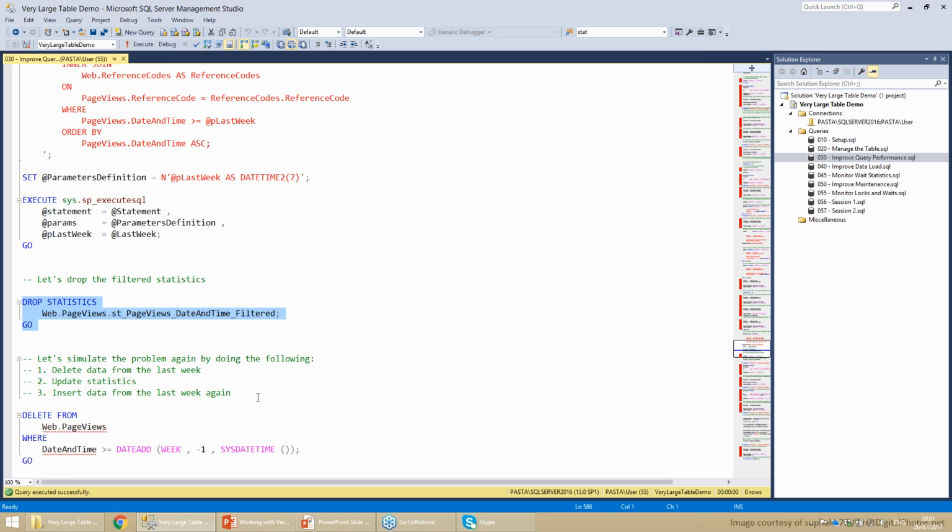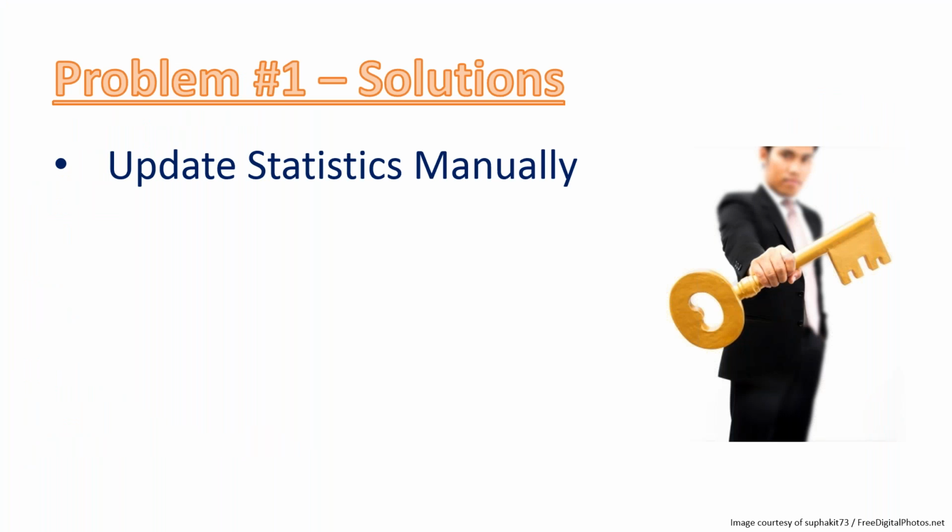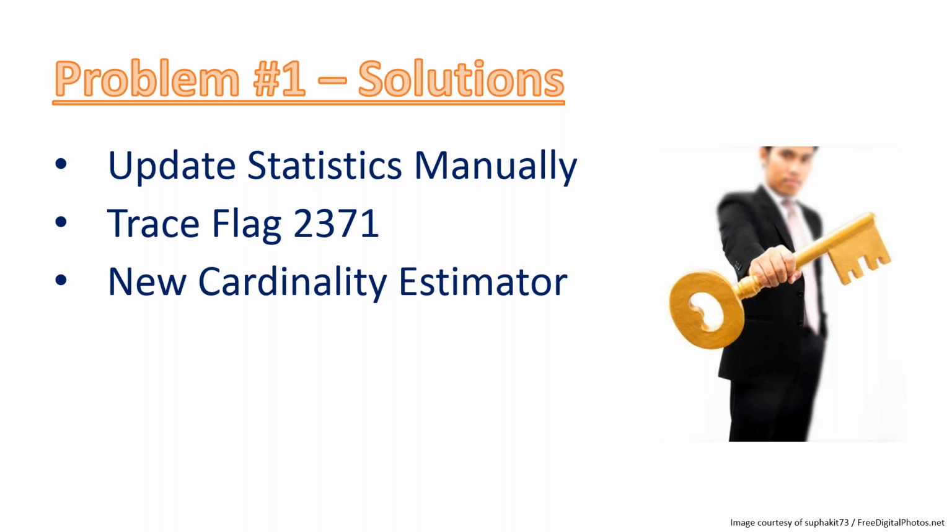And let me summarize what we did today, and we'll continue the rest of the demo in the next part of this session on August 9. If we go back here, this is the ascending key problem, and some solutions we saw to this problem are to update statistics manually with a job once a day, once whatever, either with a full scan or with a sample. We can use trace flag 2371 if we use a version before SQL Server 2016. In 2016, this is the default behavior.